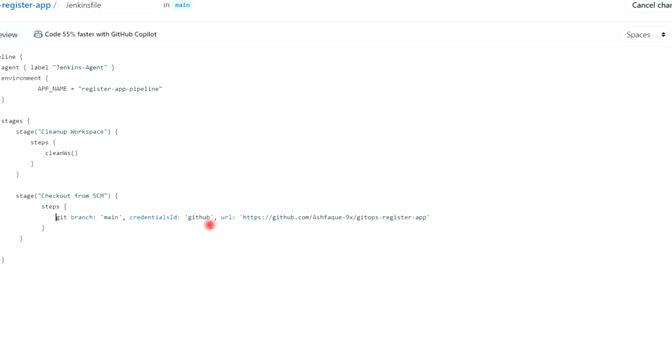So it will use the credential ID GitHub defined in the Jenkins, and this is my GitOps repository, and the branch is main.